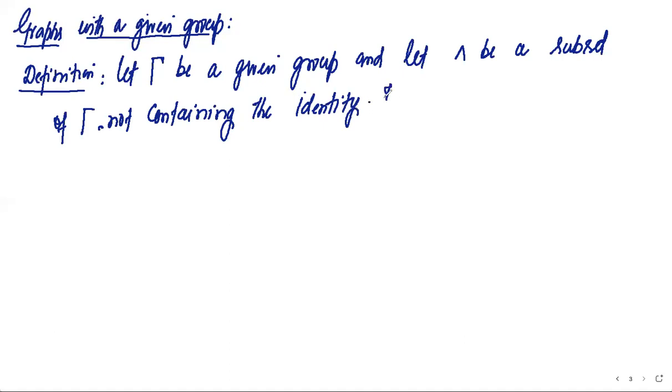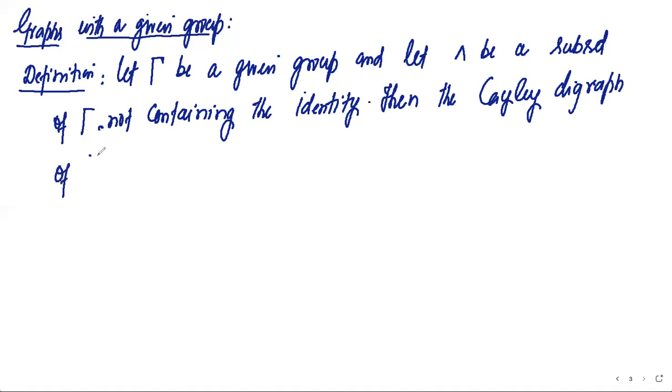Then the Cayley diagram. This was defined by Cayley, that is why it is known as a Cayley diagram. Then the Cayley diagram of gamma with respect to tilde is defined